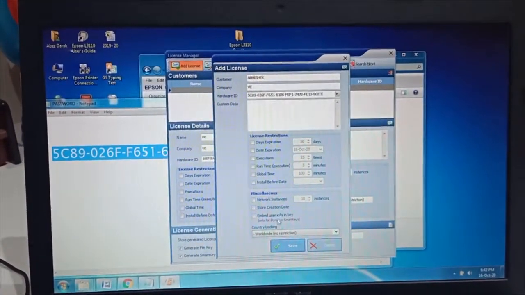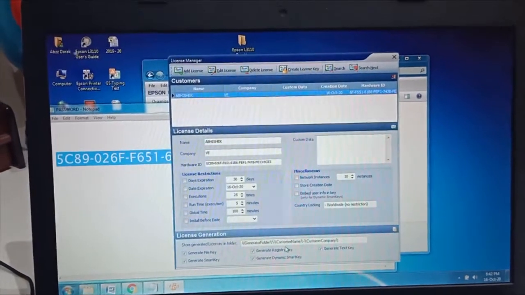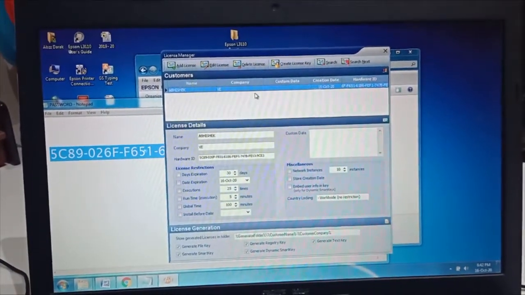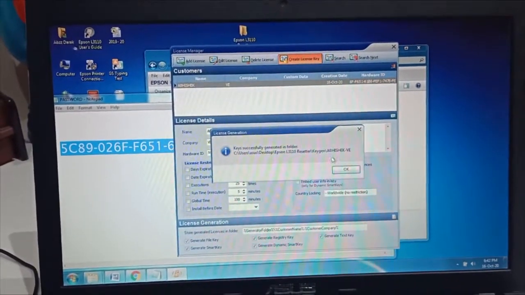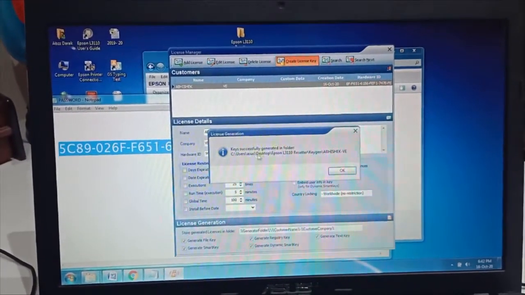Paste the ID, save, create license key. Created successfully.